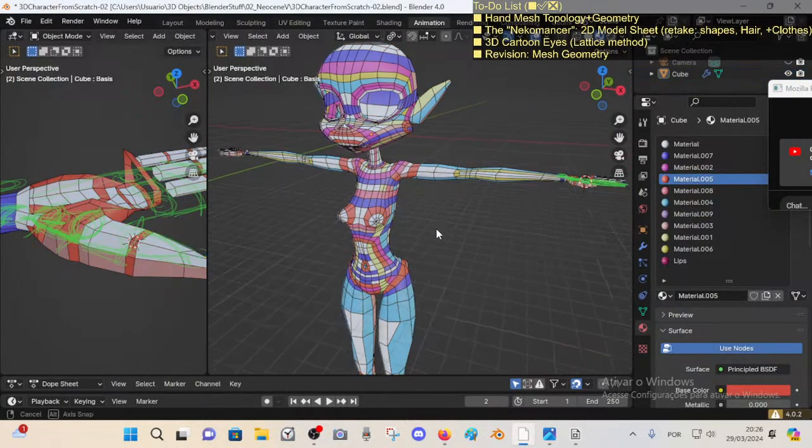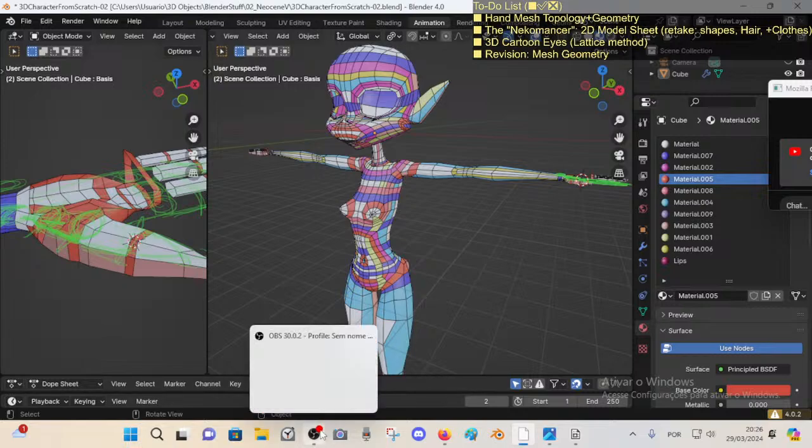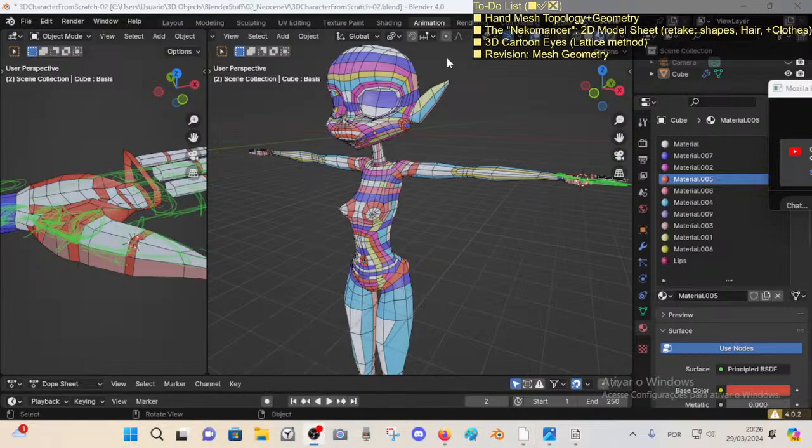So we have a lot of things to do, as you can see from that list at the top. I'm going to read the to-do list. I hope that is readable at this resolution. So: hand mesh topology and geometry, alright. Then the Necromancer, I gave a theme for this